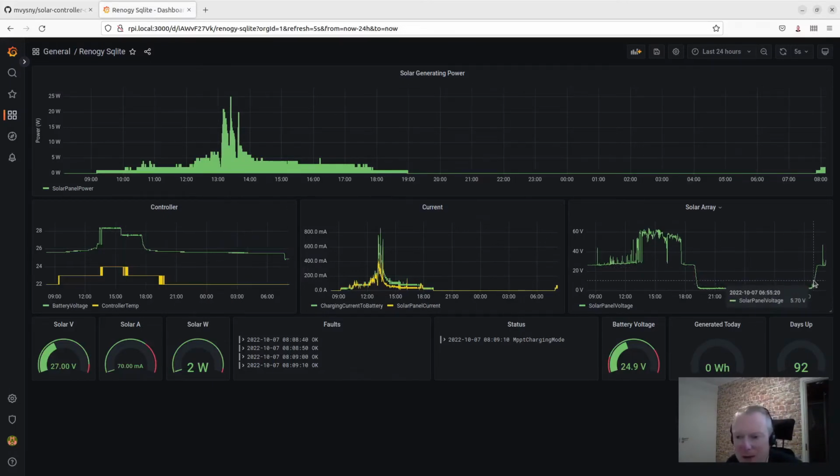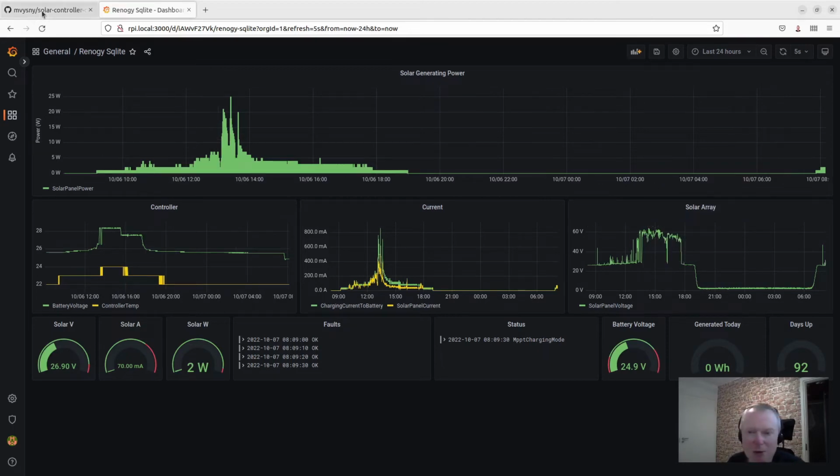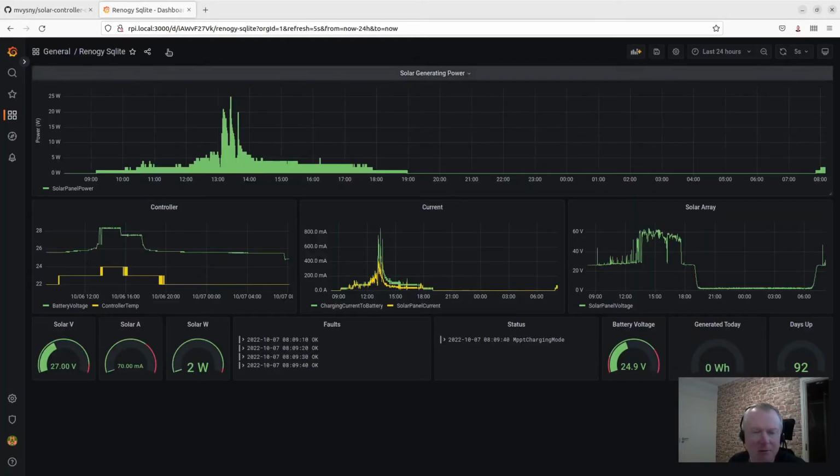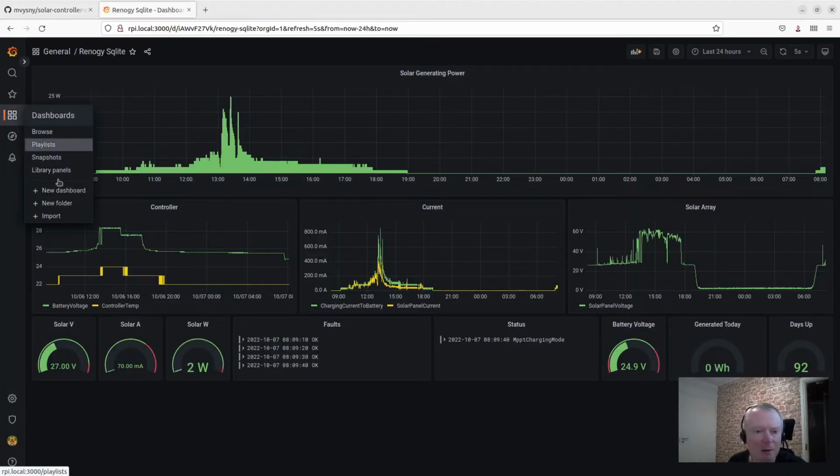This happens when it's night outside, and so on and so forth. And now it's morning, so the voltage starts to climb up. The amperage still is pretty low, but at least we got some voltage. And this is basically from the previous day, so we can see the voltage going all up to 60 volts. Right, so which column are we interested in now? It should be the solar panel voltage. Perfect. All right, so